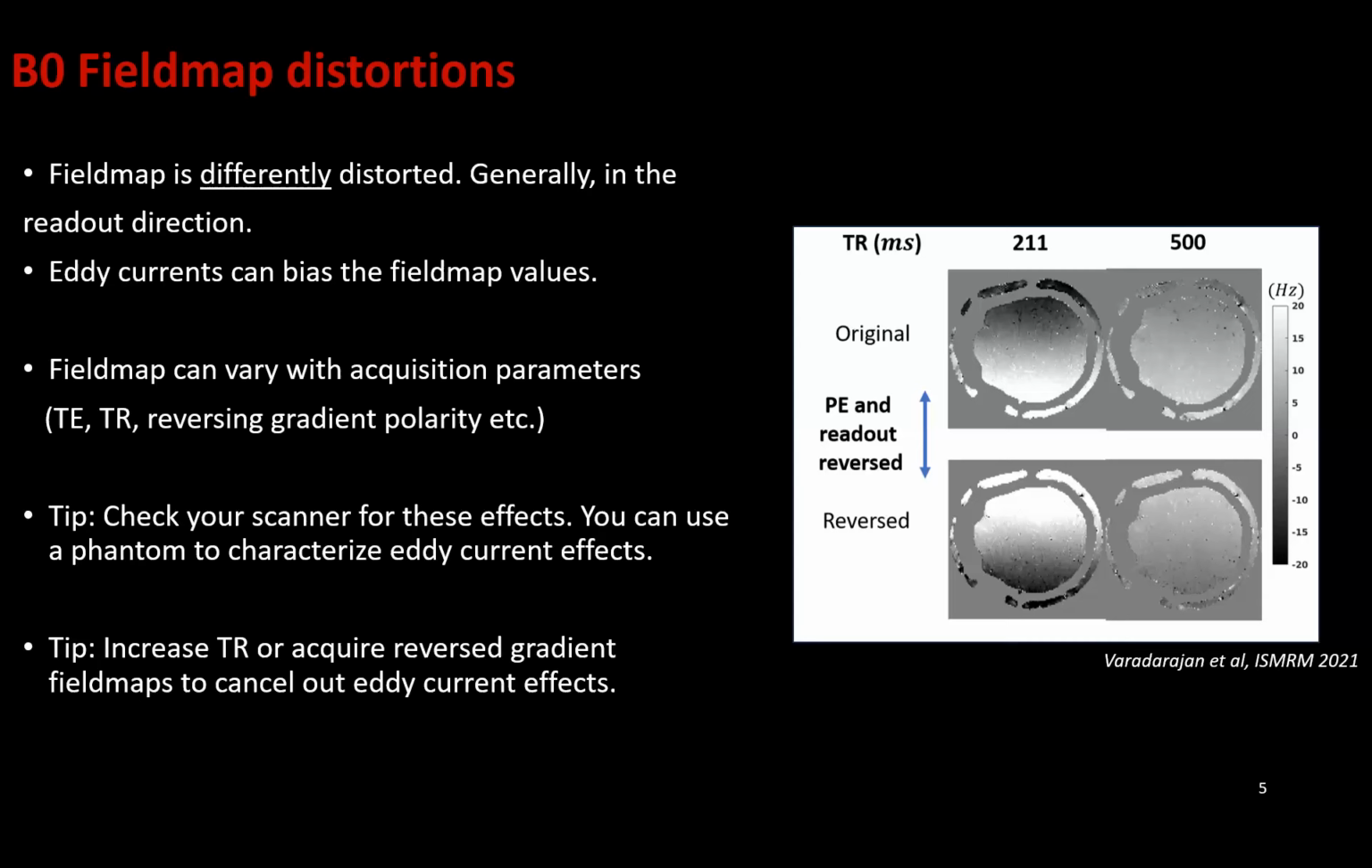Similarly, in the readout direction, if you just change your readout polarity and acquire two field maps, you will see if there's a shift between them. If there's a shift between them, then there is geometric distortion in them. And you can actually see that in these images, because the bright area here is not the same as the bright area here. So if I had taken a difference in this direction, I would have seen some amount of